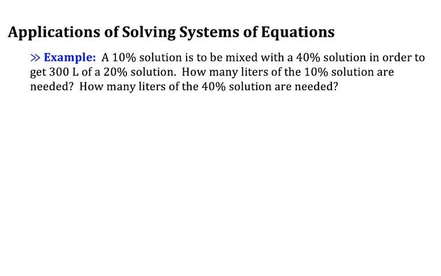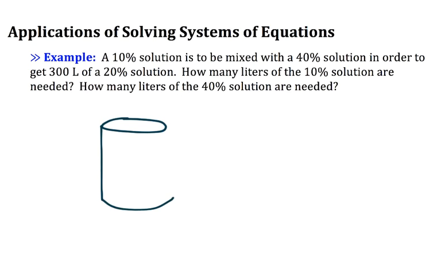So in our example, we're told that a 10% solution is to be mixed with a 40% solution in order to get 300 liters of a 20% solution. The questions for us are how many liters of the 10% solution are needed and how many liters of the 40% solution are needed. So I'm going to just start this off by drawing a little visual before I dive